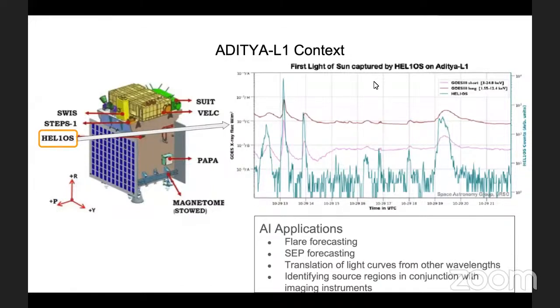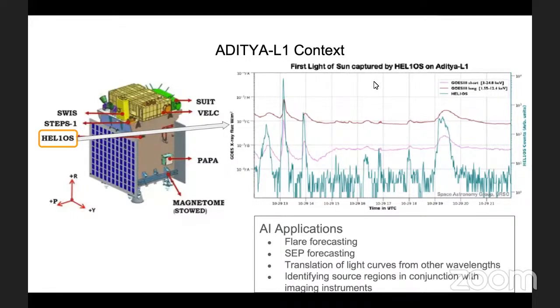Now I will talk about the first result from ASPEX. This is the X-ray spectrometers looking at the Sun as a star. So integrated X-ray flux it is recording. We operated HEL1OS, my mistake, HEL1OS. This is a high energy X-ray spectrometer. We have two X-ray spectrometers. One is called SoLEXS. The other one is called